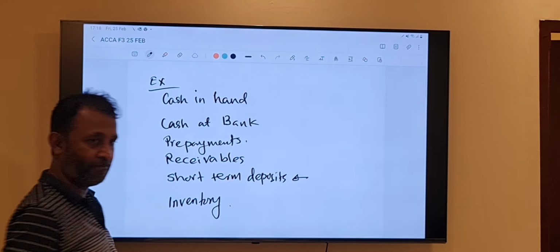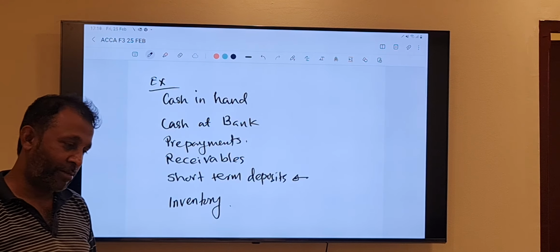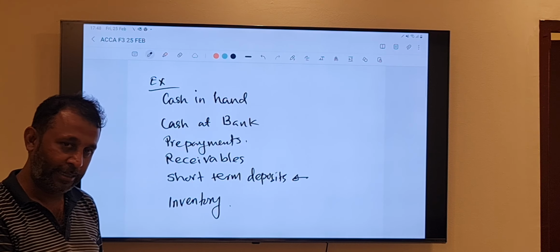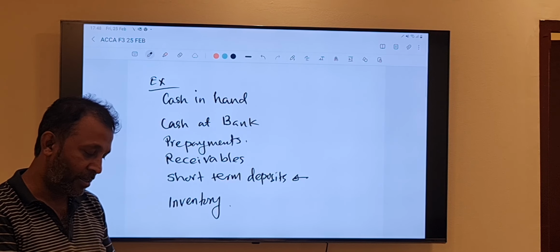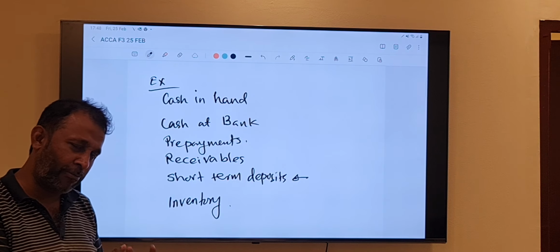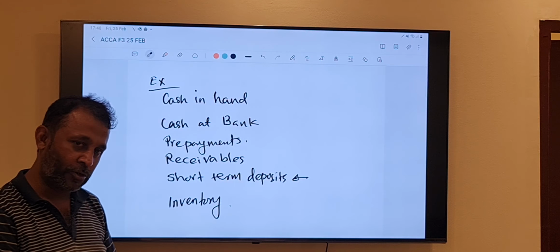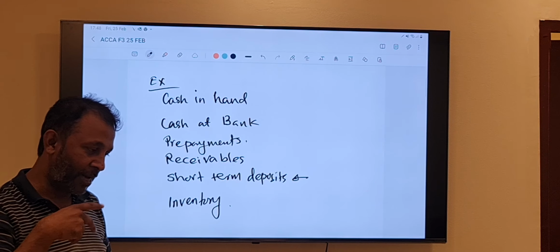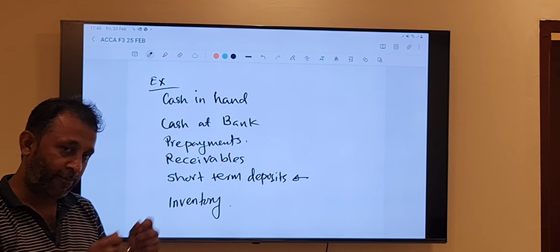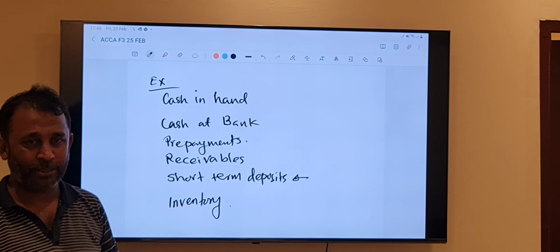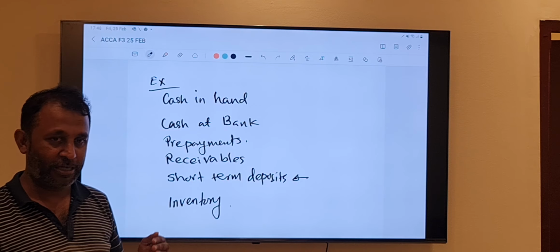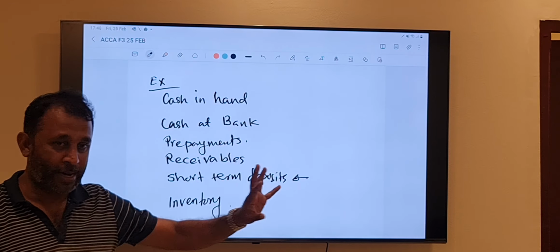Now what is this? For example, at the end of the month, 31st of January, in my bank I have 50,000 cash, surplus cash. I am not in a hurry with this 50,000 for the next 1 week. So my bank has a type of option where I can deposit this money and generate some interest income. Whether earning interest is allowed or not allowed is a different argument, but the bank is giving that option.